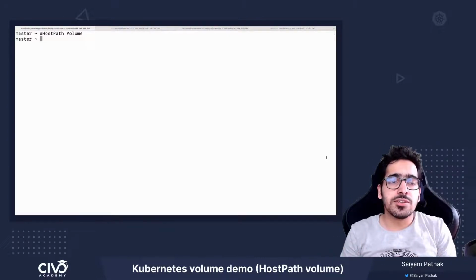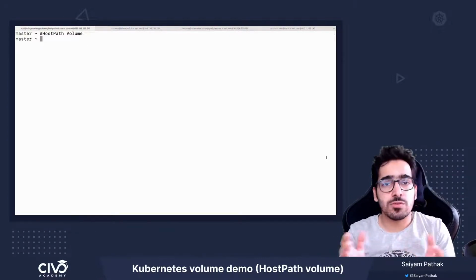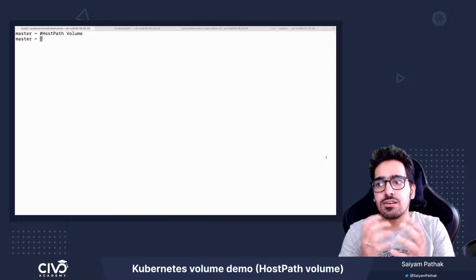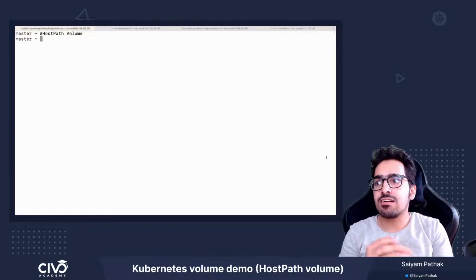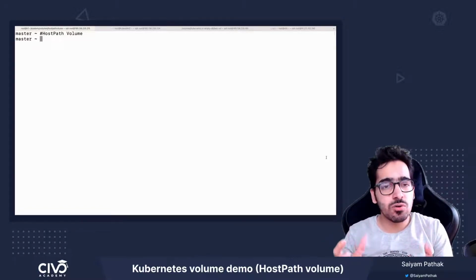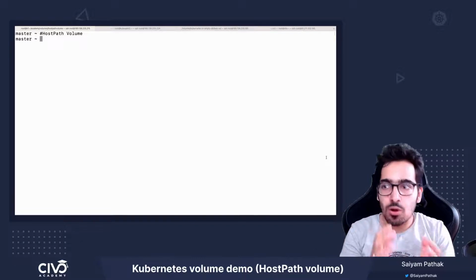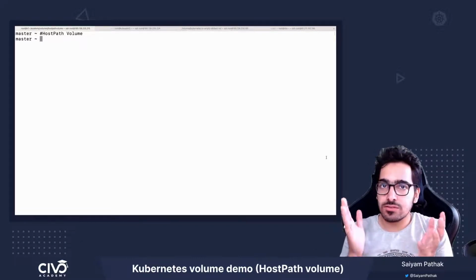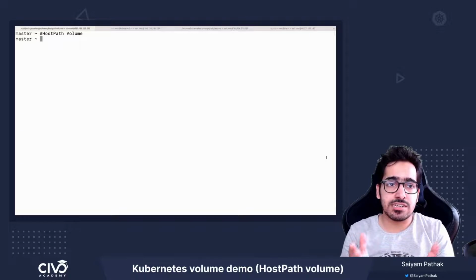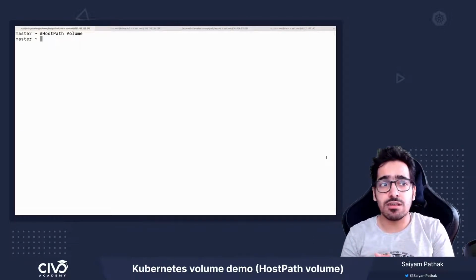Hi, in this video, we'll be going through host path volume. In Kubernetes, a host path volume means mounting a file or a directory from the host or the node inside the pod. Now, you can specify different things like a directory should be already existing or it should be created